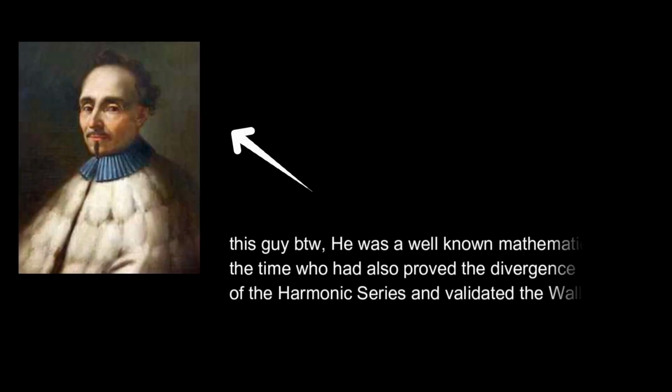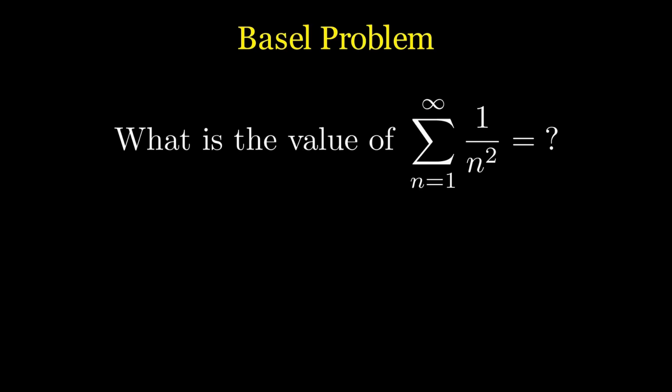In the year 1650, a mathematician by the name of Pietro Mengoli proposed a rather uncanny problem. He was a professional mathematician at the time, and he had also proved the divergence of the harmonic series and also validated the Wallis product, which you might know. What he asked was as follows: what is the value of the sum of the squares of the reciprocals of